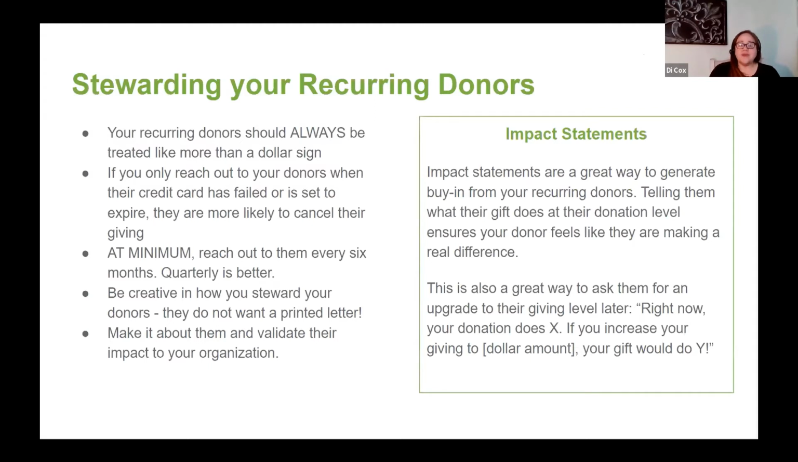So once you have a recurring program set up, once you have sent those appeal letters, you have people coming in, and you now have recurring donors in your database. Regardless of the number, if you get 4 or you get 400, you should have a stewardship plan in place for them. All of your donors should be treated as more than just a dollar sign, but since you will not be sending acknowledgement letters after every gift and instead sending them annually,